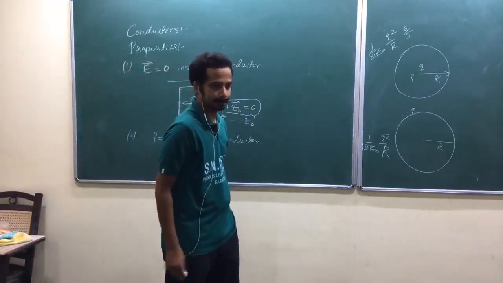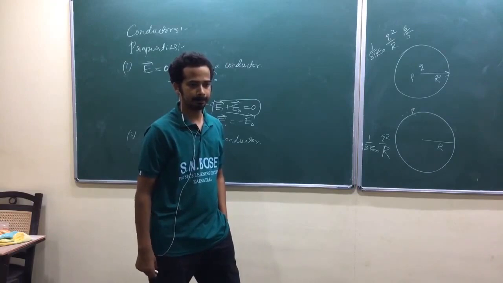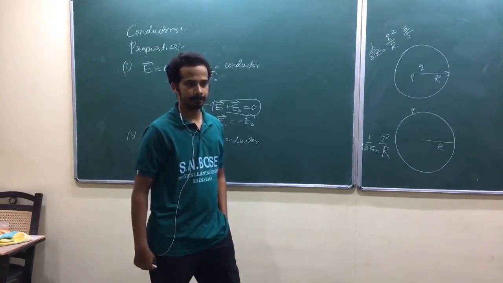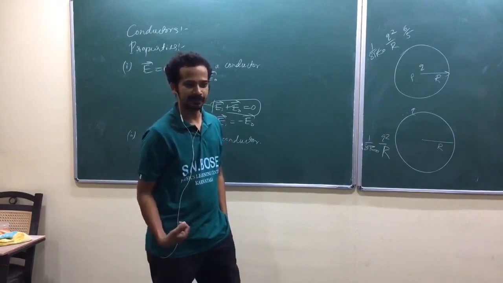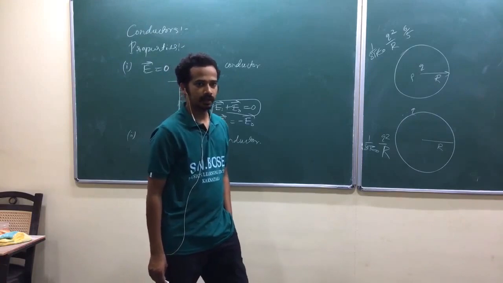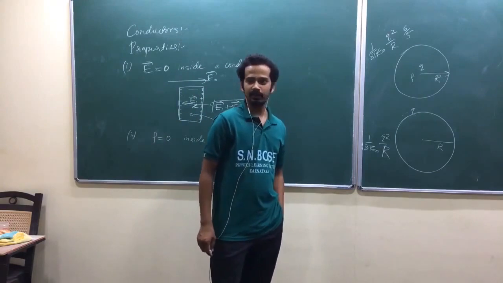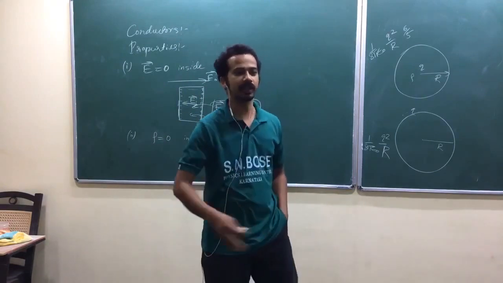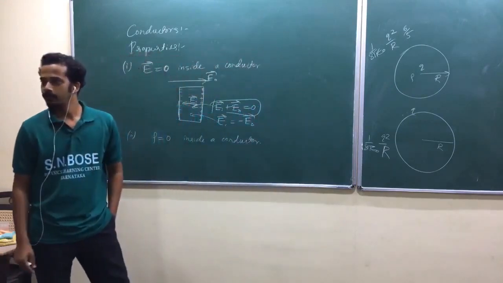Charges try to remain apart at maximum distance from each other. Then why does it not happen that some remain on the surface and some in the interior? They can also manage distance between them. I'm not getting it. No, I'll explain in your way. Charges will settle on the surface. Yes, they will maintain minimum distance also on the surface. Some charges stay inside and maintain. No, they are free, isn't it? Yes, they will move as long as they can. At the surface there will again be repulsion, so some of the charges again come.